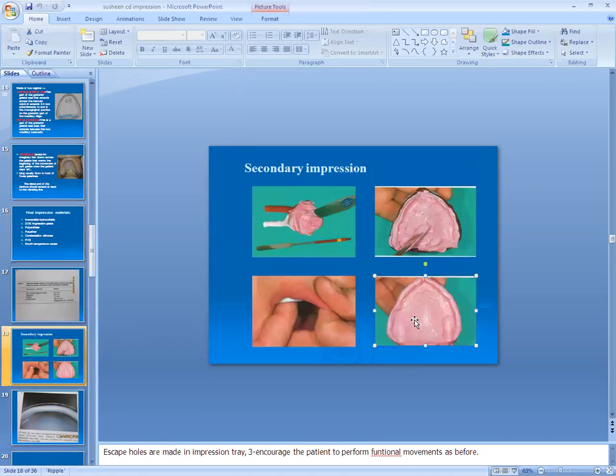What are we using? A thin material; it depends on the viscosity. If you are using light body, it is a very thin material. Zinc oxide is a very thin material, so it will record very minute details in your impression tray.